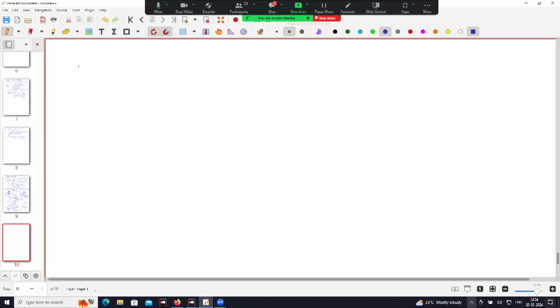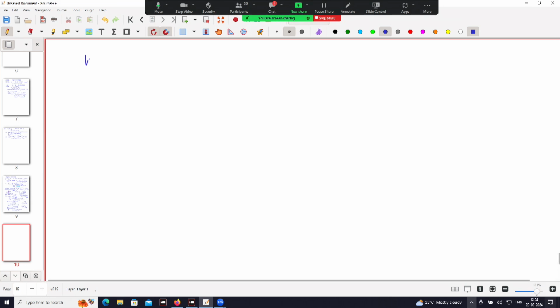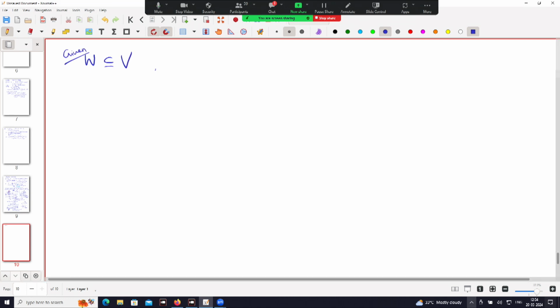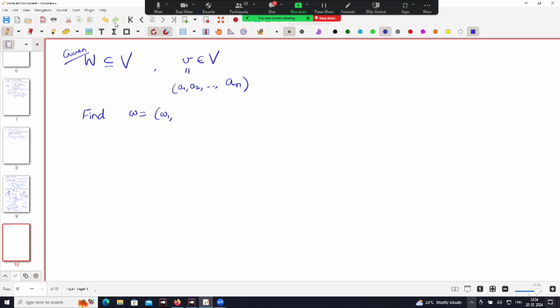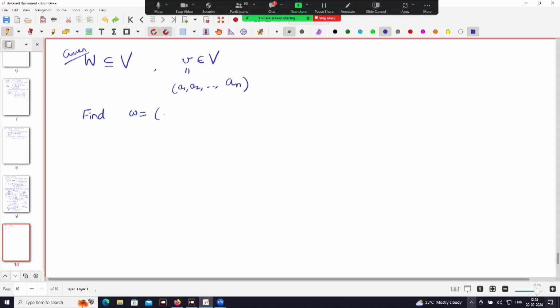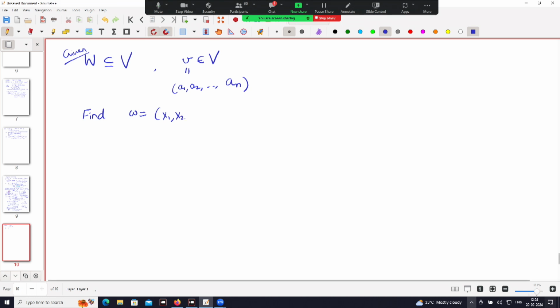So the closest point problem says: given W, a subspace of V, and given a vector v in V, so let us say v is some a1... it kind of says find a vector in W, so I'll call it w1, find x1, x2,